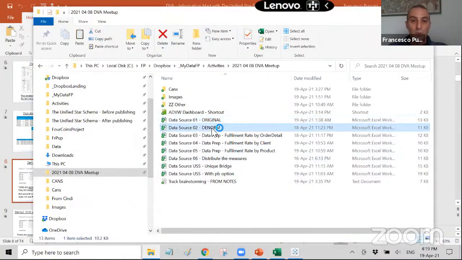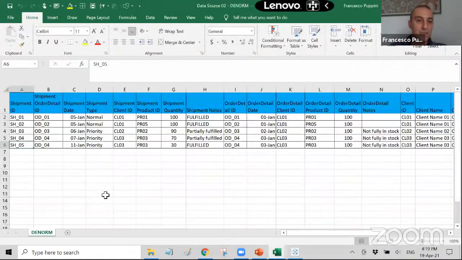So let me show you what happens with the denormalization that you would do with these tables. You would have the shipments. So it would say the numbers that we had before. So the total, if you see it here in the bottom, is 390, which is correct. But then you would have these numbers repeated, and the total would be 500.